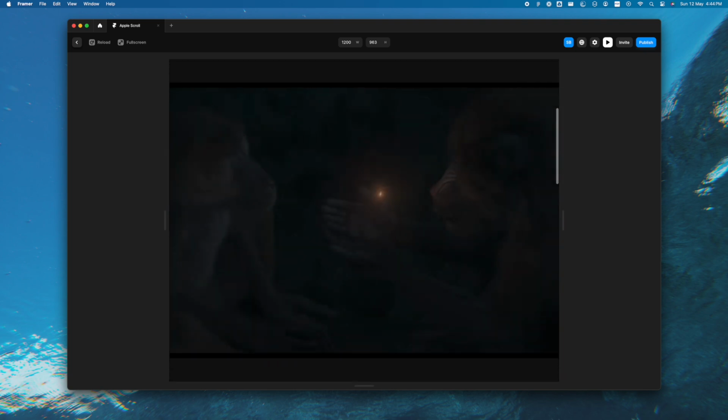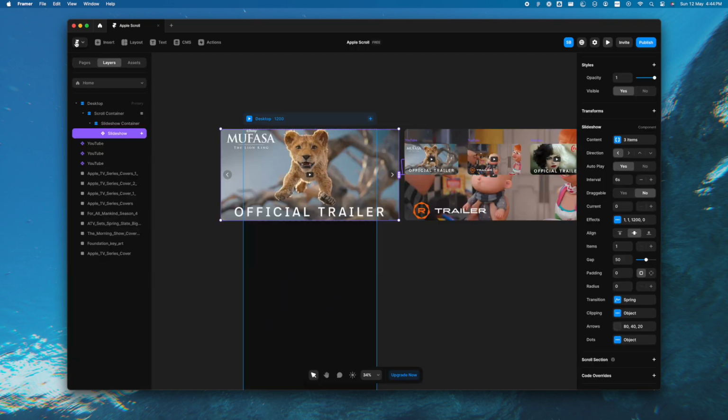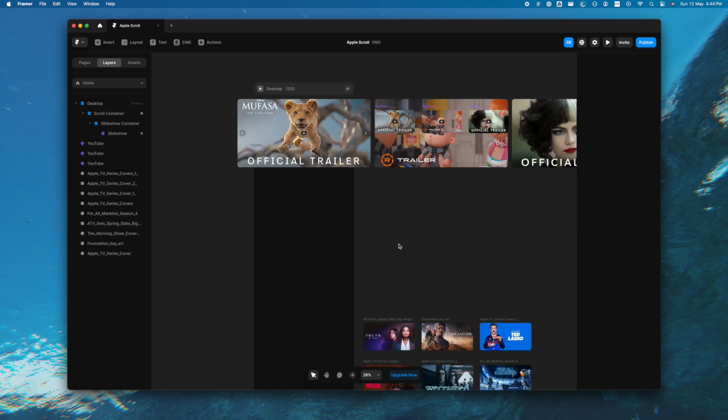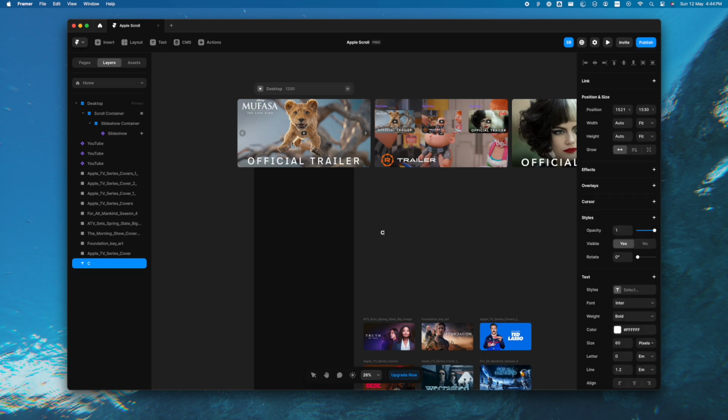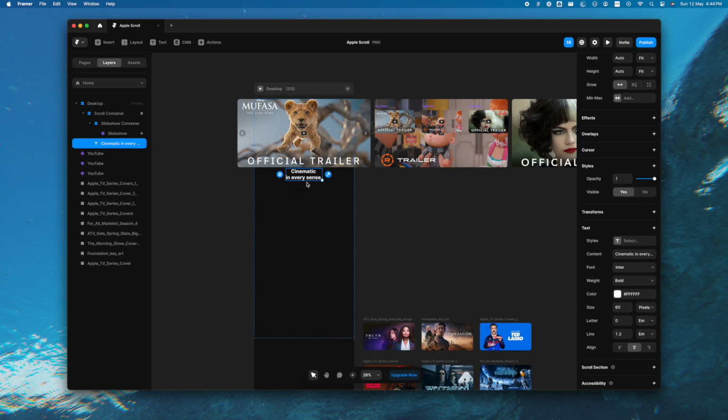So let's come back from the preview mode here, and I want to add some text right here. By pressing T on the keyboard, I've enabled the text option, and I'm going to write "cinematic in every sense", and let's make it center aligned and place it right here.